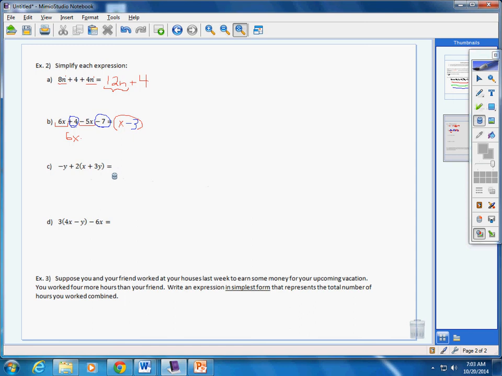Okay, so before, oops, sorry about that. So before yesterday, you had to distribute that 2 to everything on the inside of the parentheses and multiply by both those numbers. PEMDAS would tell us, if we were going to simplify this, that we have to multiply before we can add. That means before you're allowed to say negative y plus anything else, since I can multiply 2 by these numbers,